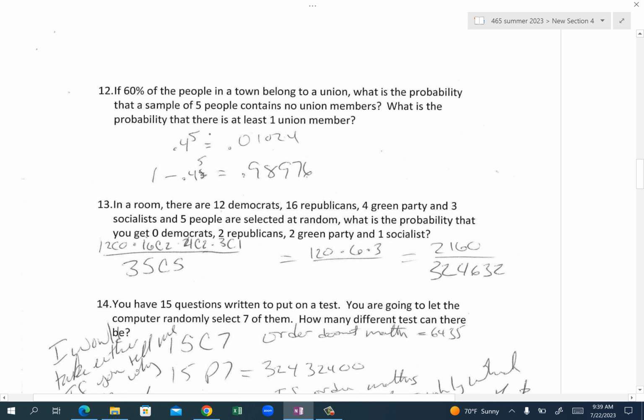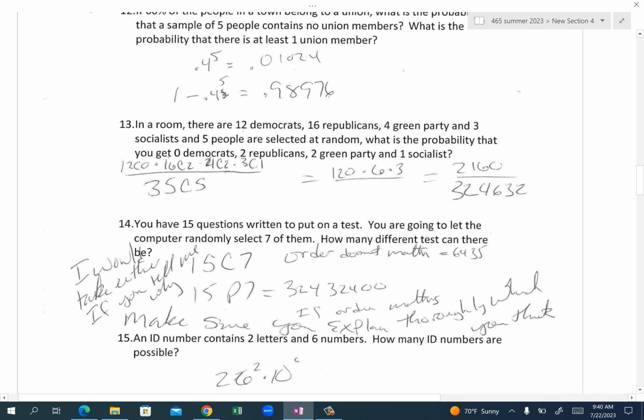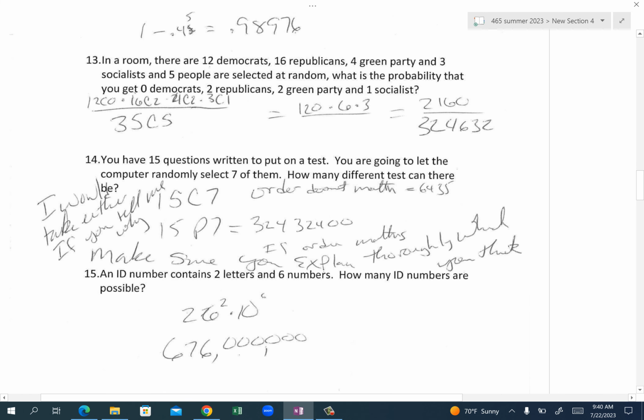So you need no union, and no union, and no union, and... And, of course, "and" always means multiply. Okay? And then at least one was 1 minus 0.4 to the fifth power. So there you go. Remember, at least one doesn't mean